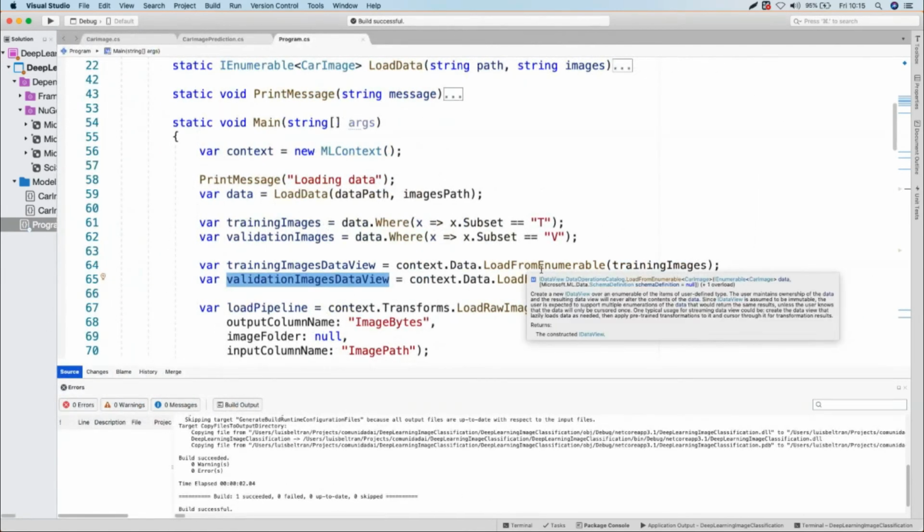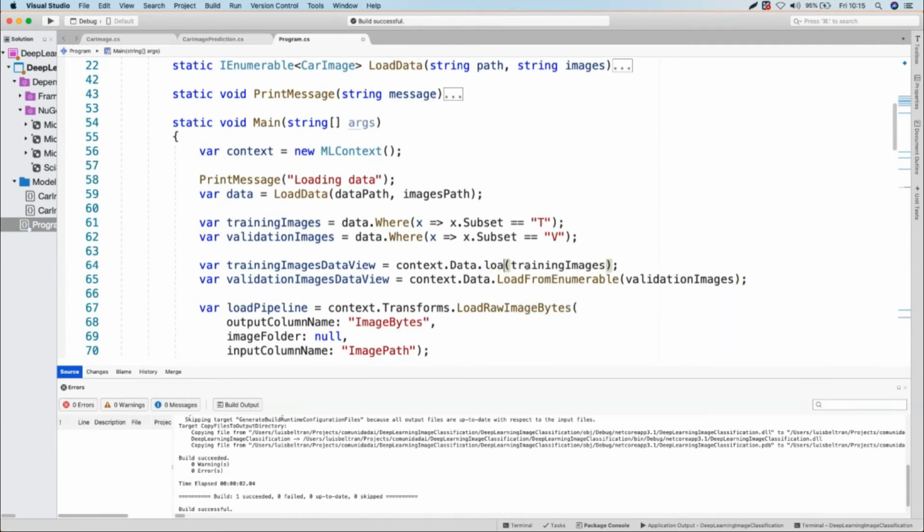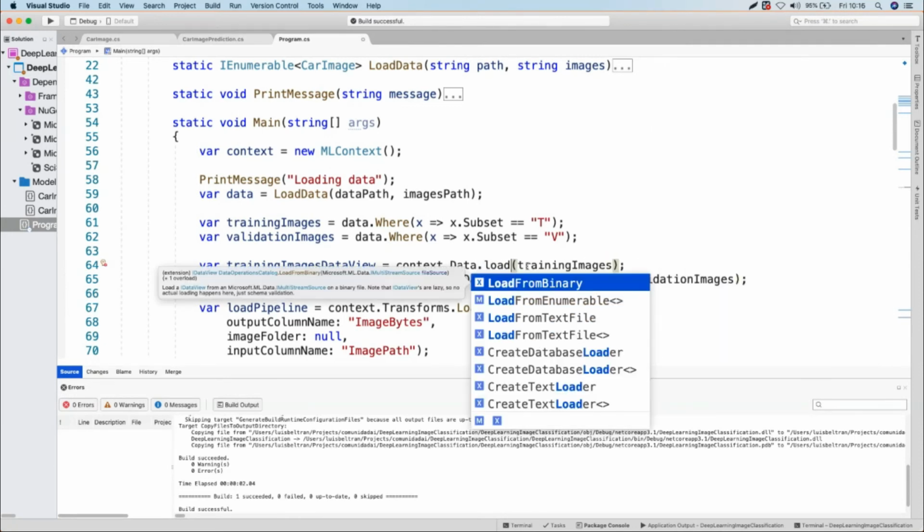There is a load from enumerable method. You can see also the load from database. Well, if I added the System.Data.SqlClient to ML.NET, I would see here load from SQL, load from database method. Well, actually, yeah, I see it.